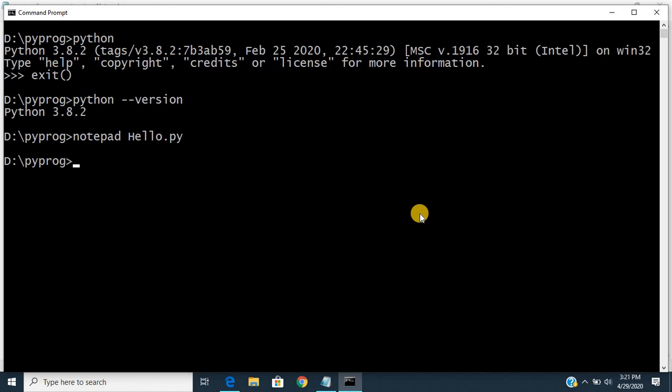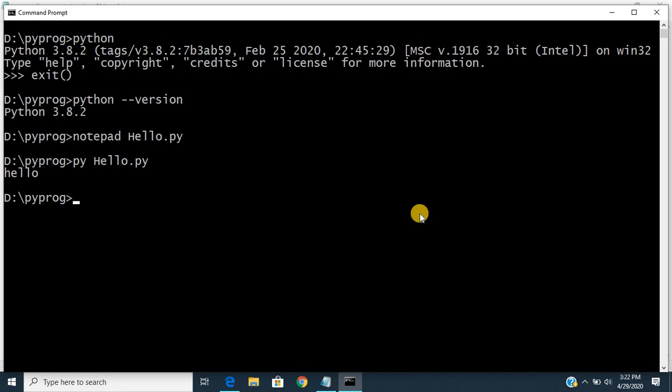You may be familiar with using an IDE to compile and then execute a Python program. But the agenda for today's session is to learn how we can execute Python code in the command prompt. Now we have successfully completed writing the Python program. To execute it, we use the command py, and then we give the file name hello.py. Now I am executing hello.py, and now you can observe the output.